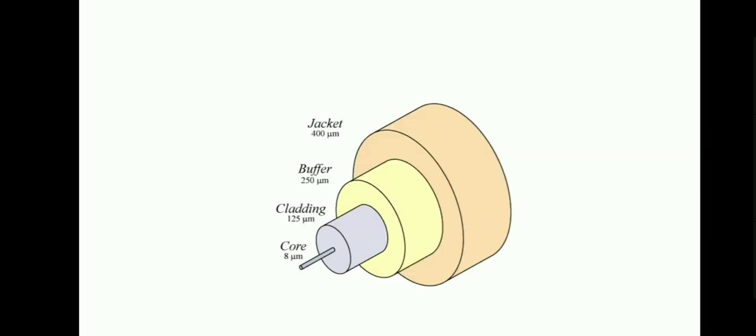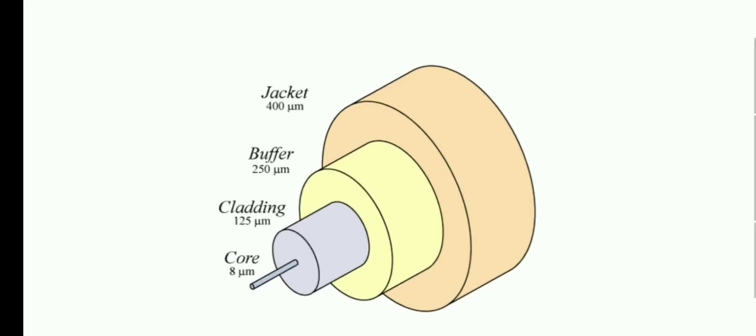So your fiber optic cable looks something like this. It has a core, cladding, buffer, jacket. Your core consists of the filaments of your fiber cables, that is, several thousands of fiber cables grouped together. Then cladding is again for protection purposes. Buffer and jacket are for extra outer protection purposes.